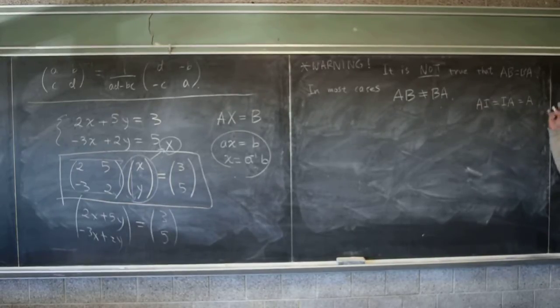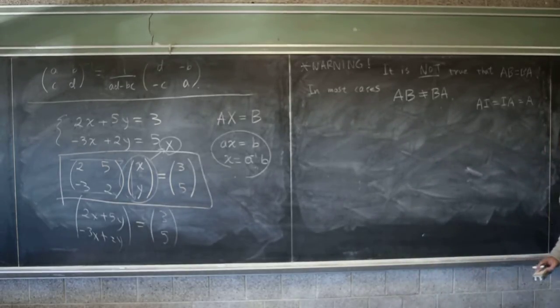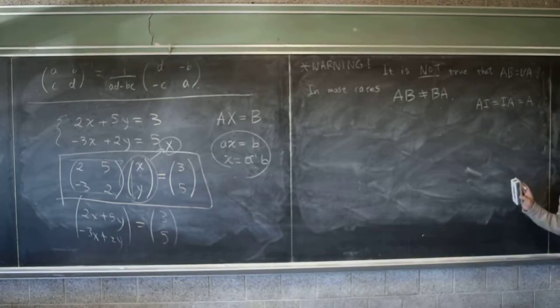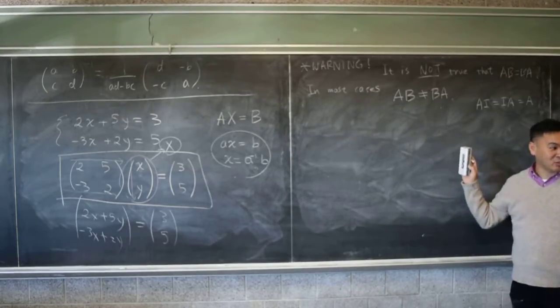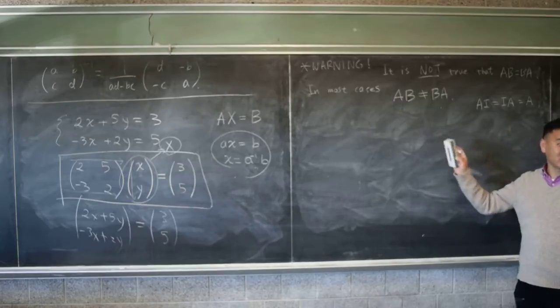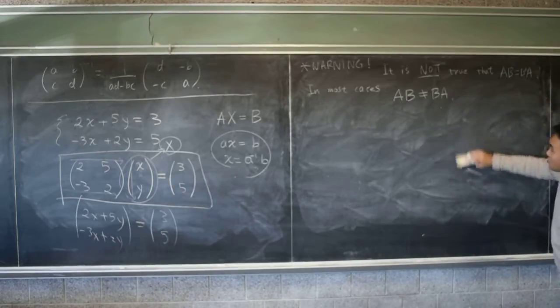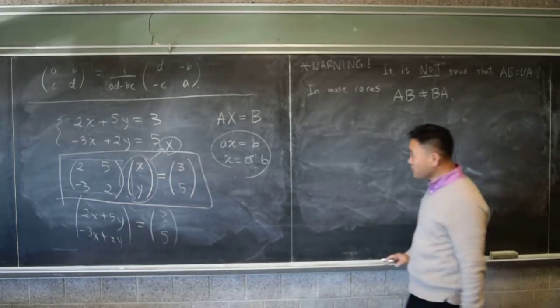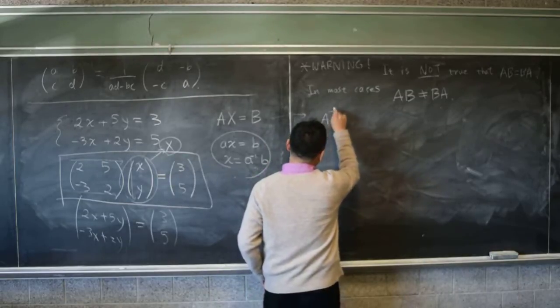In fact, there's a whole theory about when matrices commute. And that's actually a hard question, trying to ask what conditions matrices should satisfy in order for them to commute. It's a hard question. Okay? So just know this, right? So when we solve this by multiplying by A inverse,